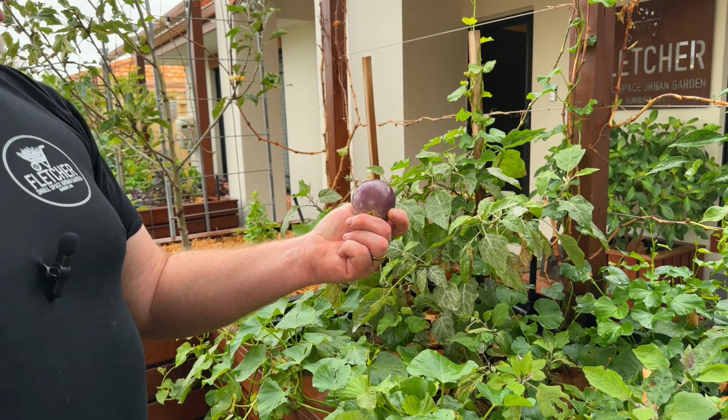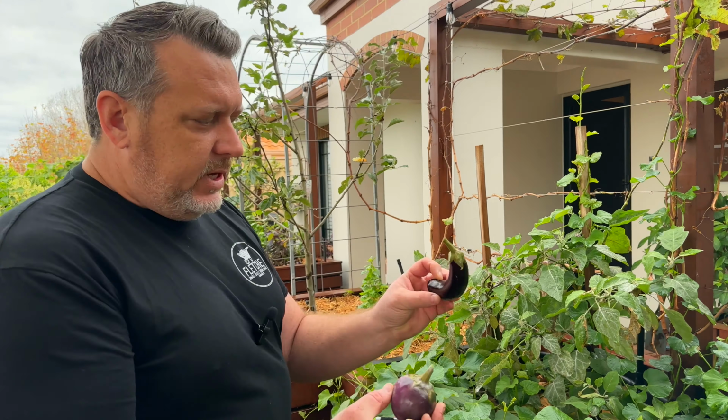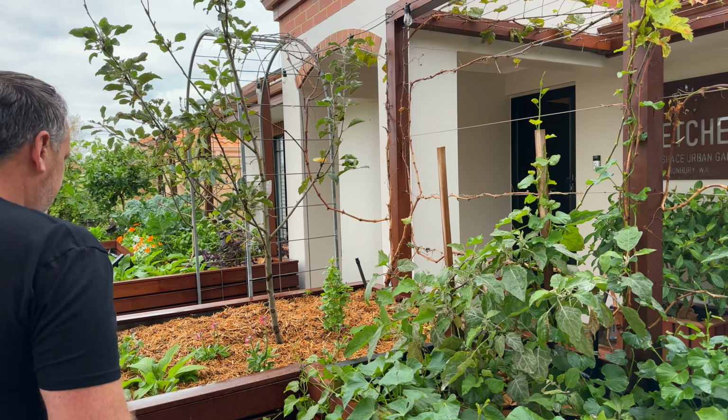If you look here, we've got a Thai one in there and one that I found just before, so the finger one, which looks great. So that'll go in the basket for tonight's dinner as well. So just in the next section here,